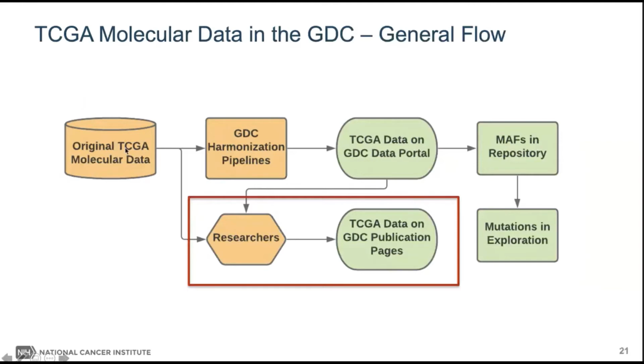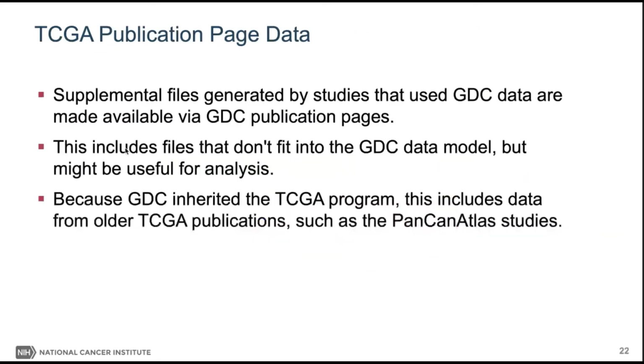And because the GDC inherited the TCGA program, the GDC hosts previously generated manuscripts, ones that predate the GDC, on the publication page website. So the publication page data usually includes supplemental files that were generated by studies that use GDC, or in this case TCGA data, and